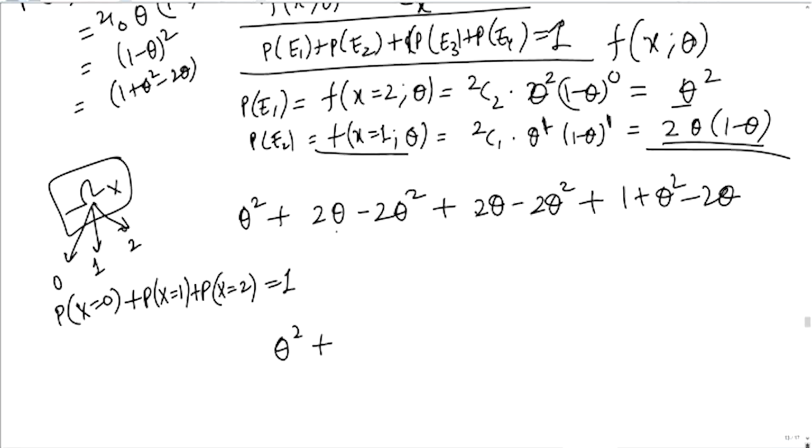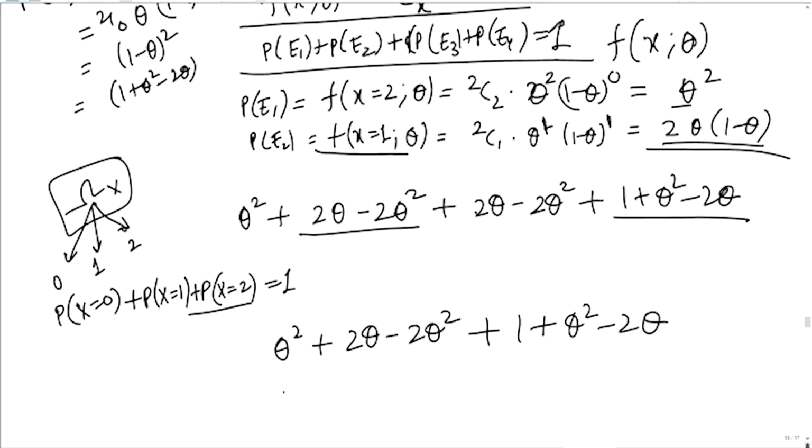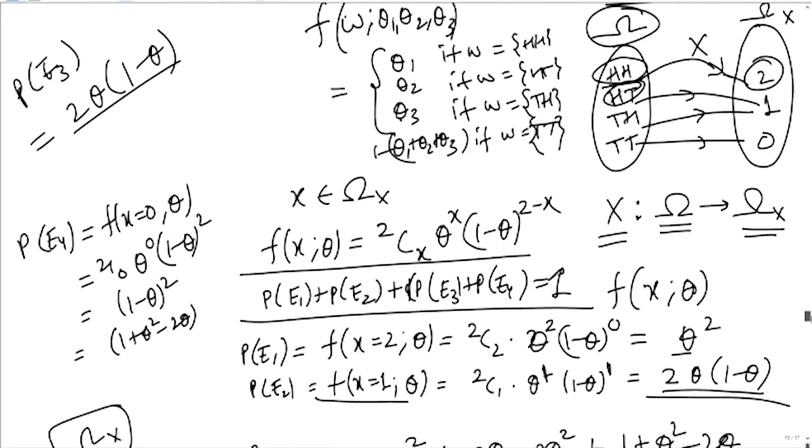That is the constraint it should satisfy. So, probability of x equals 0 is given by theta square, x equals 1 is given by 2 theta minus 2 theta square, and probability of x equals 2 is given by 1 plus theta square minus 2 theta. When we sum them up, these will cancel, the theta term will also cancel and you will get 1. So, it satisfies the 3 axioms for this sample space omega x, considering this is the new sample space, right. So, what we did here was that we defined